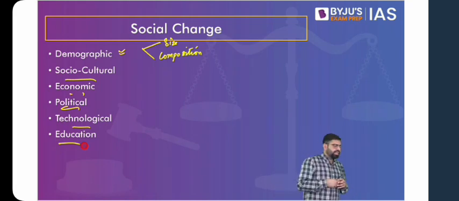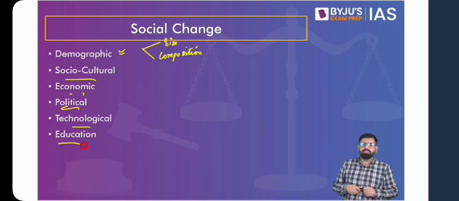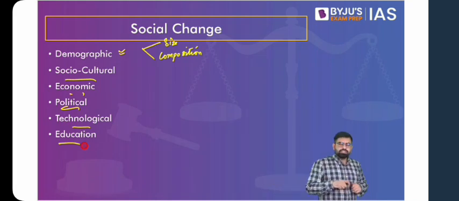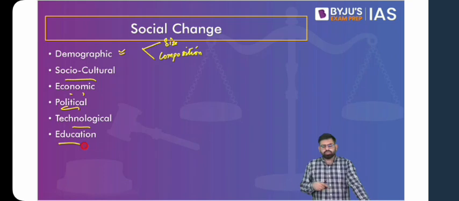If you talk about education, back in the old days, education had a component of religion. Rather, education was based on religion. And the more we advance towards our post-industrial world, we see it is getting secularized. There has been a secularization of education. So these are a few agents or factors that bring about social changes in the society. And also with this, you have to understand